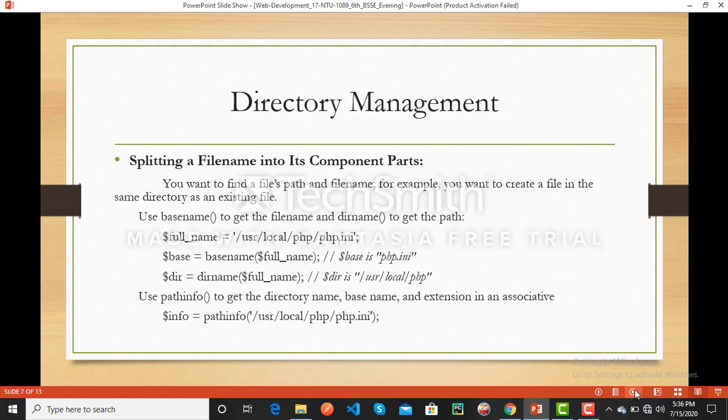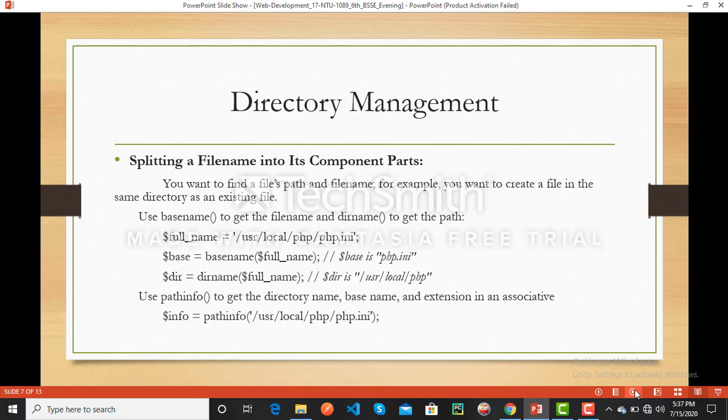Next, splitting a file name into its component parts. You want to find file paths and file names. For example, you want to create a file in the same directory as an existing file. Use basename to get a file name, and dirname to get a path. These are examples of splitting a file name into its component parts.